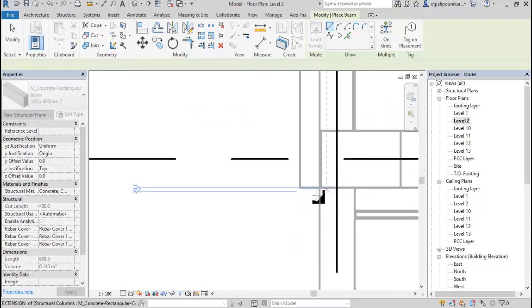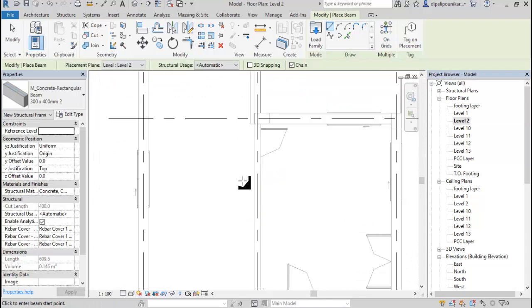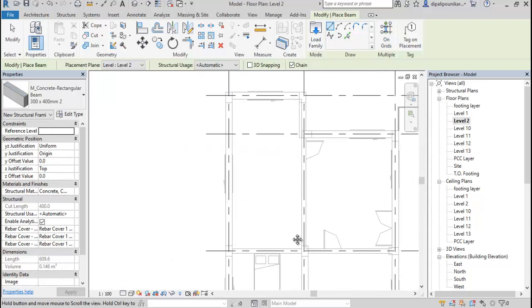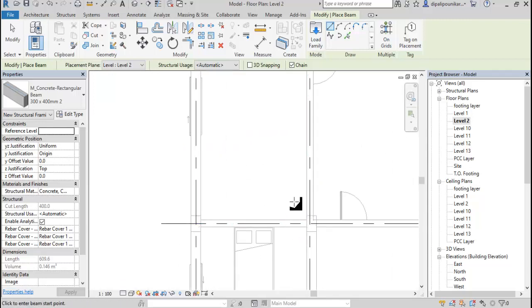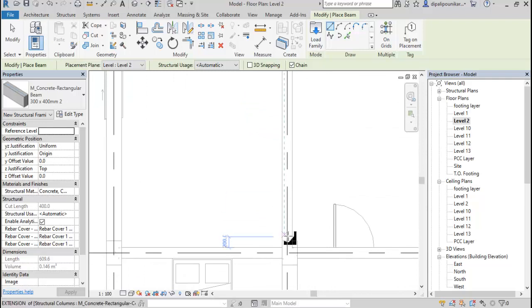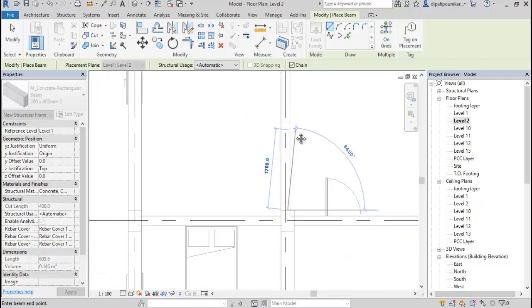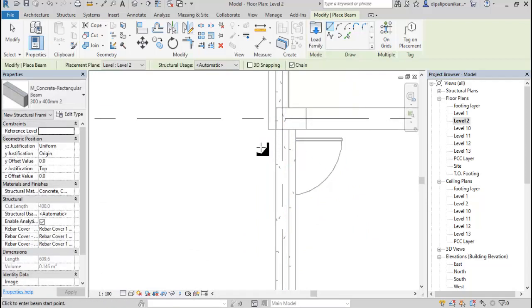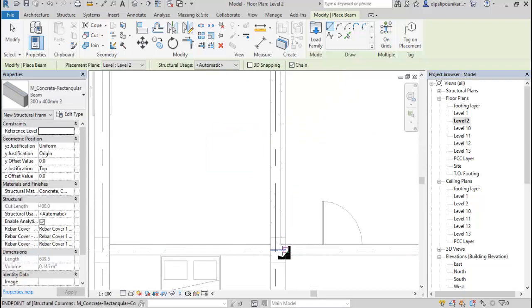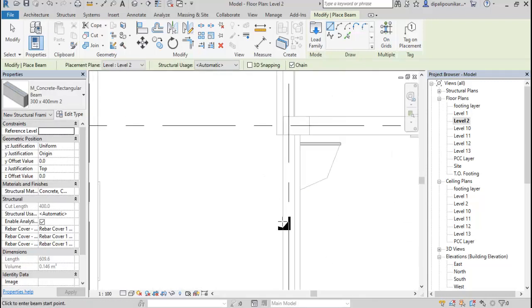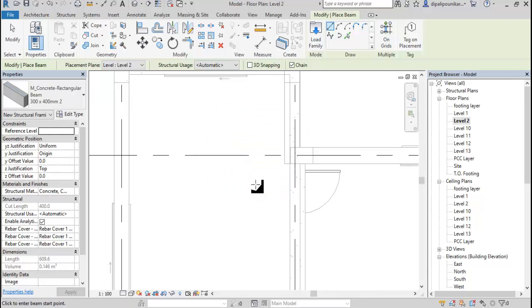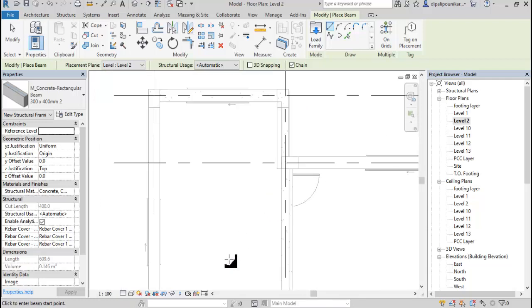Okay, after that, you can see this particular area also does not correlate with my value. So what I have to do is I can move my particular column to here, or I can change my particular beam orientation. So I can start from this center line and finish at this center line. You can see this particular gap is not filled. What you can do, you can shift this particular column over here, or you can shift this particular beam till here. So all these issues are formed due to the non-design parameters. If you do the design and then you are implementing, it means you are in good hands.